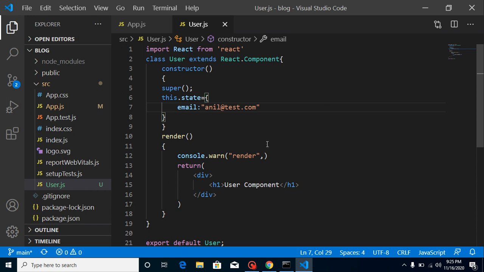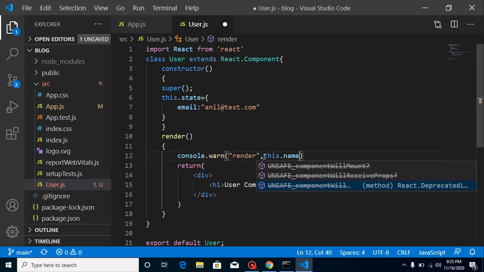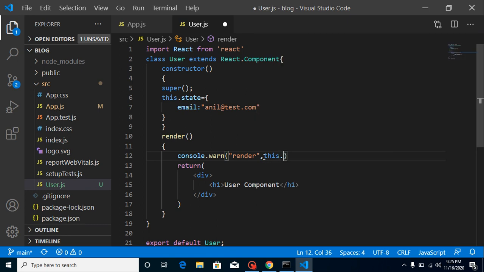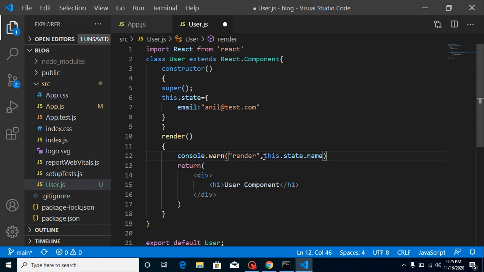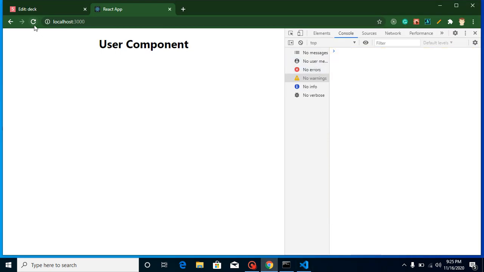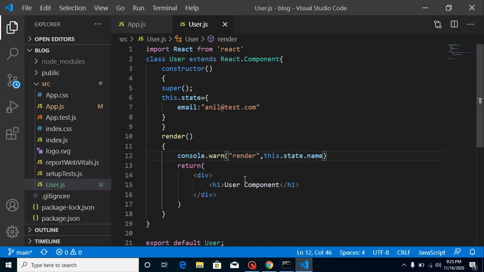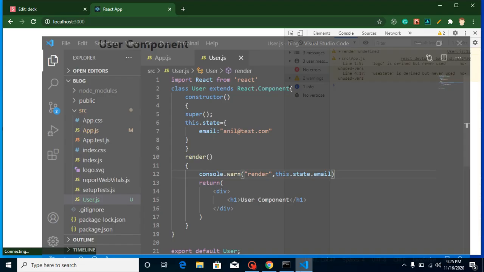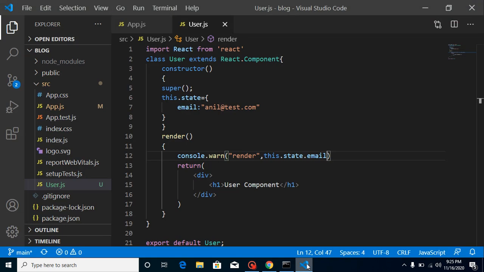This is, let's say, my initial email address, initial state. this.state.name, and at that time it will print only one time. Here you can see that this is undefined. Why? Because I have to use email here. Now you will find that the render method is called only once because the state is just attached, not updated.